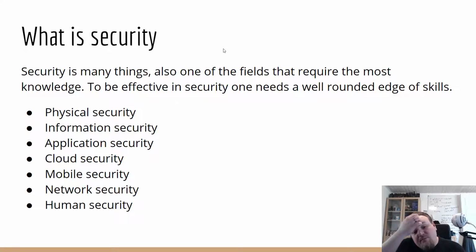Application security fits more with the role of a programmer, and cloud security could be for anyone with an interest in setting up a working environment, or just hosting your business in the cloud. You need to know how to make sure that your cloud solutions are actually safe.